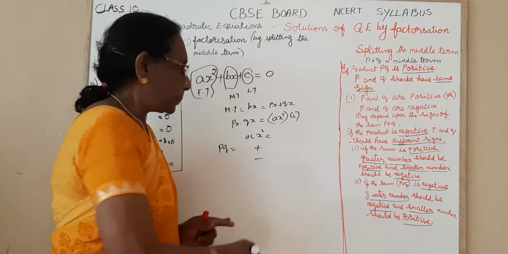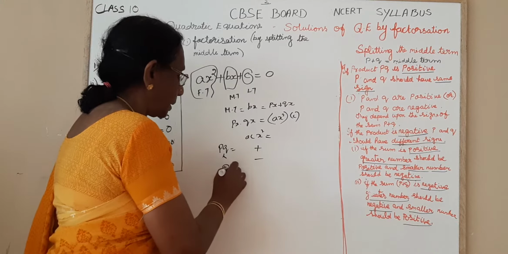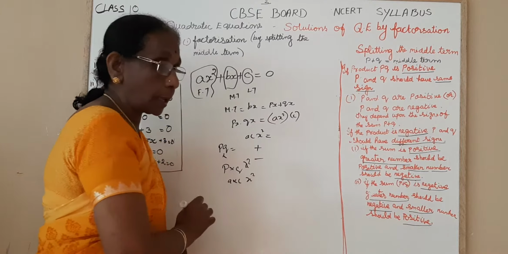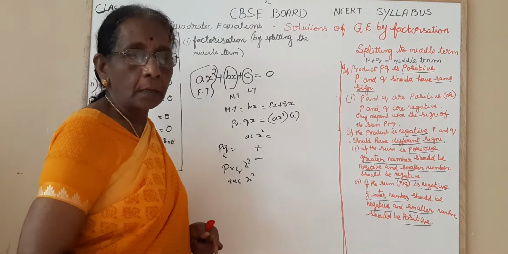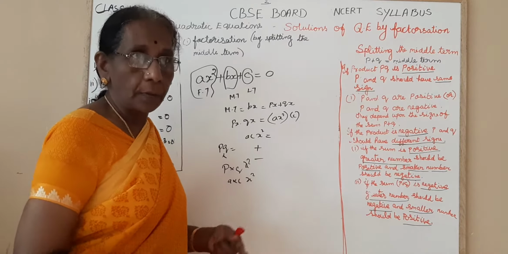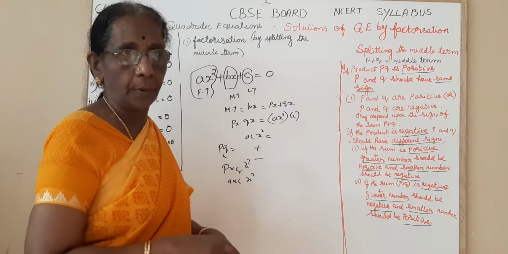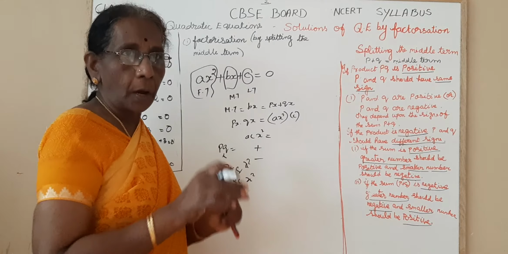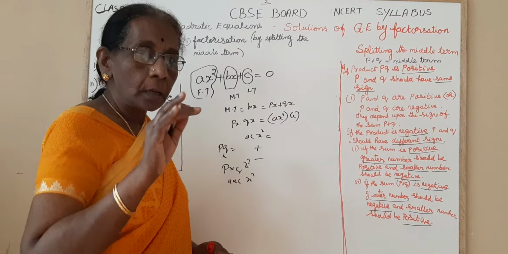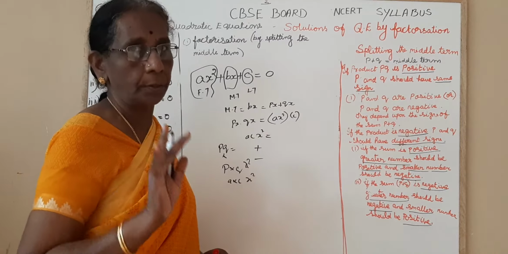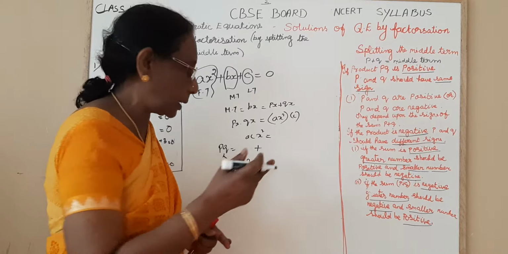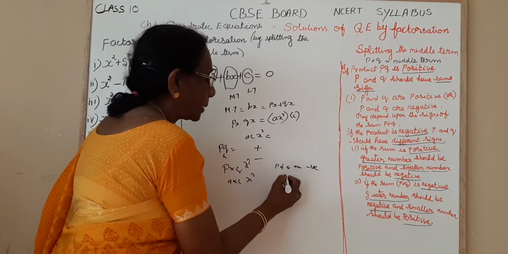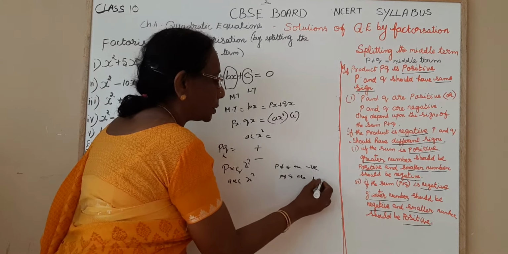So here it is a product, p into q. It's a product, or a into c x squared, p into q x squared. When you are multiplying, in algebra we are dealing with integers, isn't it, children? So when you are multiplying two terms to get a positive, what are the two conditions? Same sign. When you multiply same signs, you get positive, isn't it? So there are two possibilities: p and q are negative, or p and q are positive.